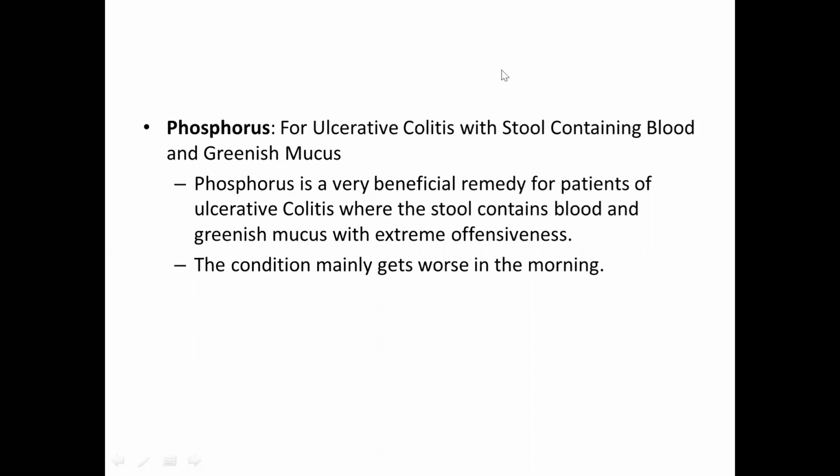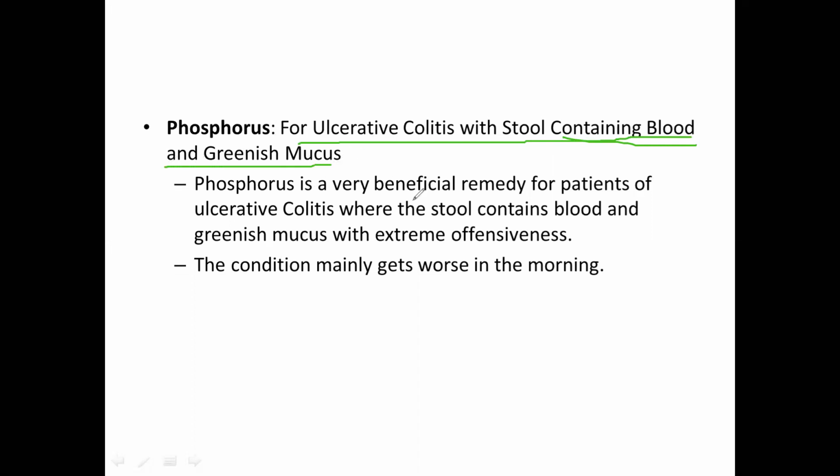The next one is phosphorus. As we all know, phosphorus has hemorrhagic diathesis, so you will obviously get blood. It is used for ulcerative colitis with stool containing blood and greenish mucus. It is a beneficial remedy for patients with ulcerative colitis where the stool contains blood and greenish mucus